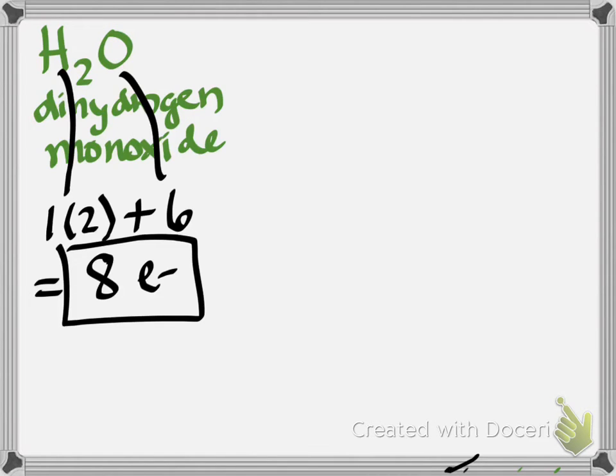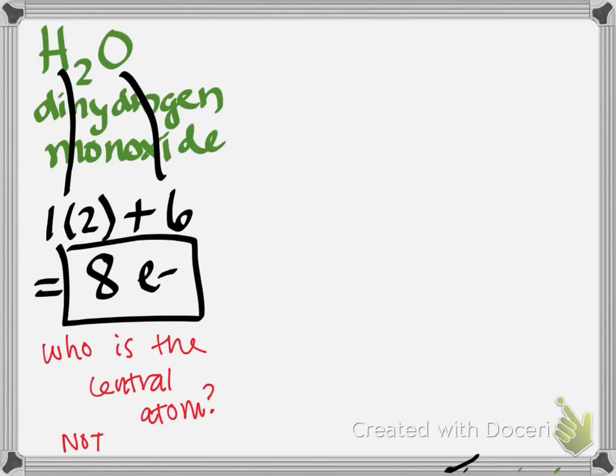So now you want to figure out who is the central atom, okay? Who is going to go in the middle? Well, we know that hydrogen can never be a central atom because it can only sustain 2 electrons, meaning it can only sustain a duet, okay? Oxygen, on the other hand, can sustain an octet, so it will be able to bind to different things. So with that, I'm going to put oxygen in the center,